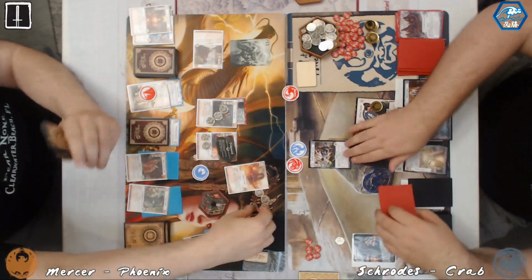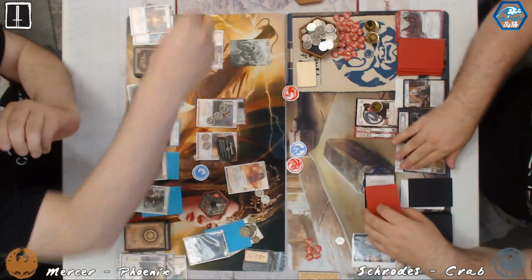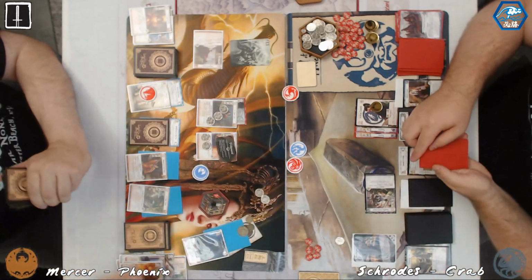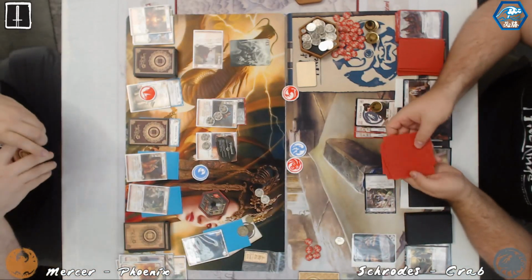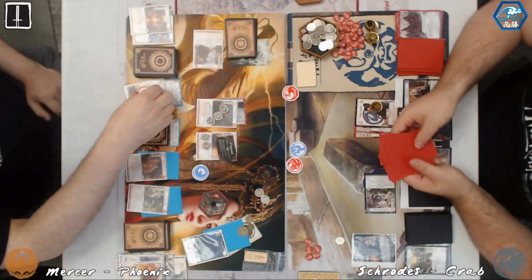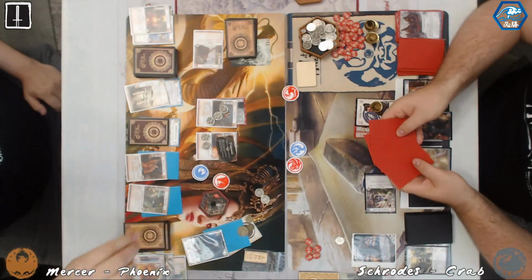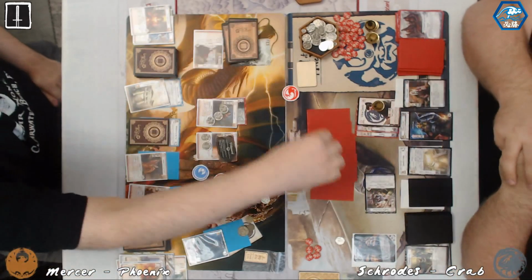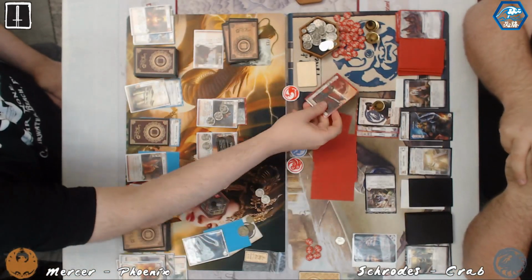He could have just... Schrodes could have just used the... Oh, we see a Display of Power. Yeah, I'm not sure why he didn't use the Kanjo. It is very good to keep that threat on the board. Blowing it too early could... that was the third and final mountain, too, so that just...